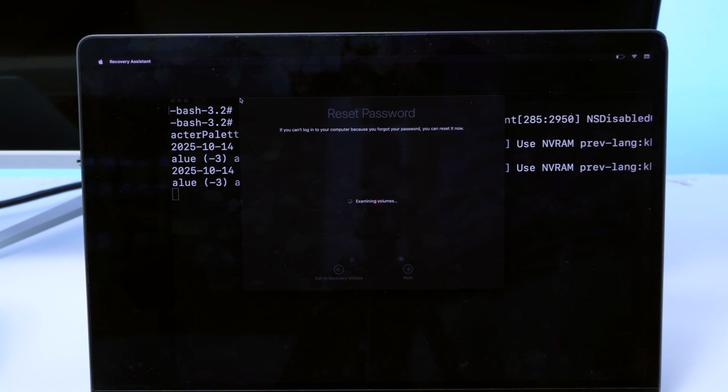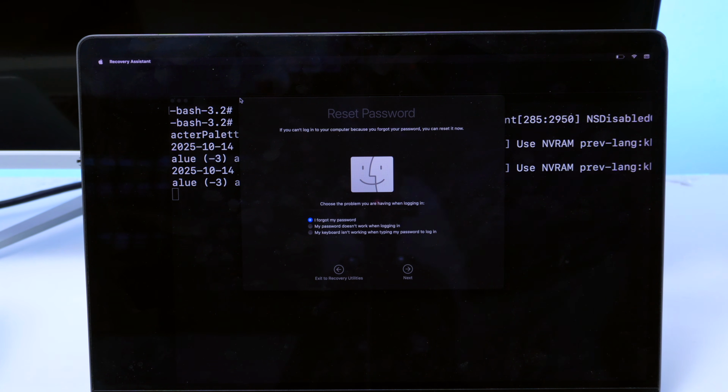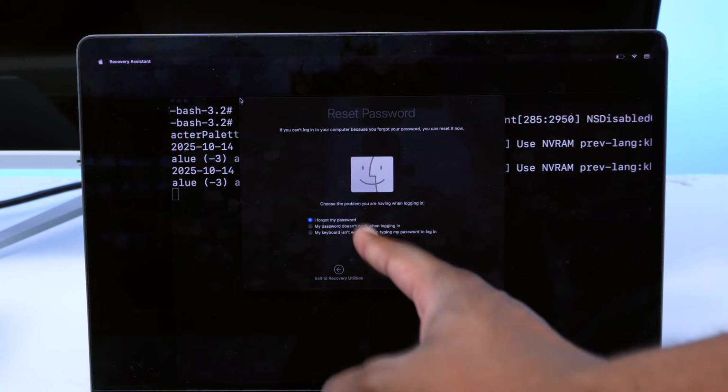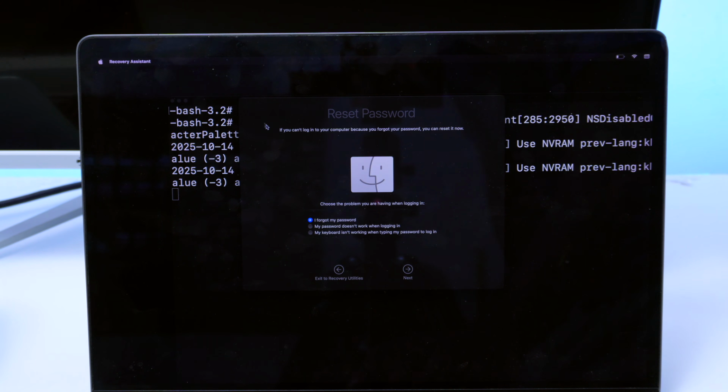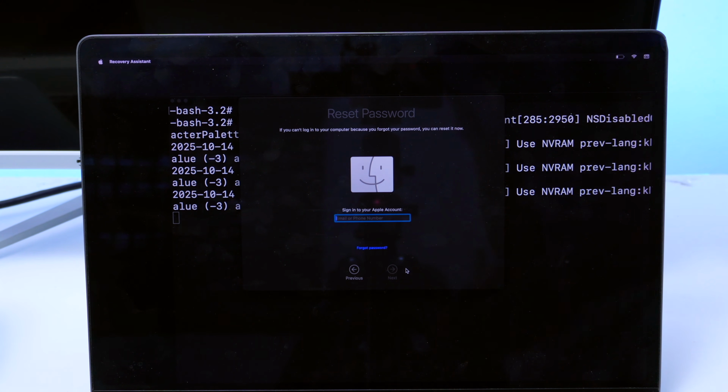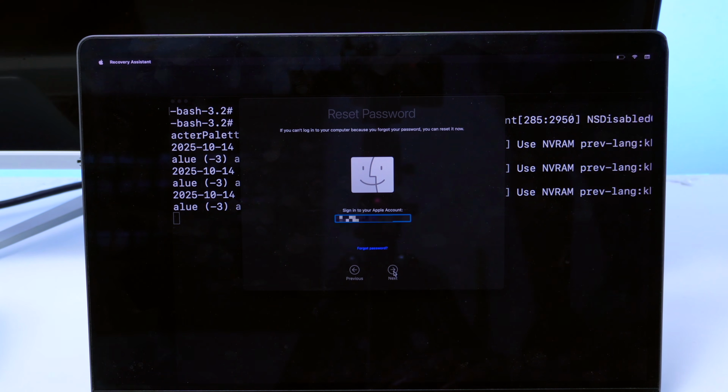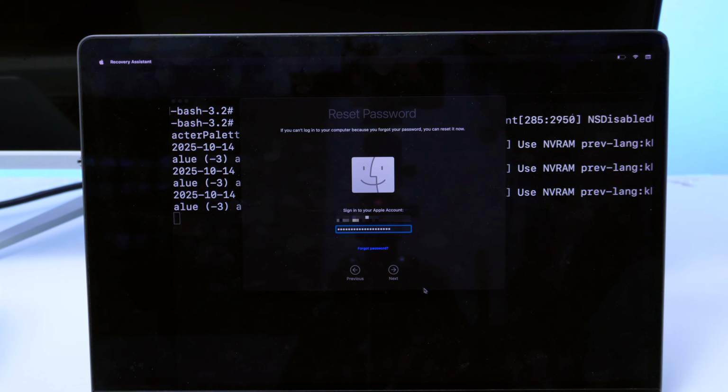Tap on the enter key, and you'll be able to see here that a new window is going to pop up asking you whether you forgot your password or something like that. So over here, the next thing we're going to do is simply tap on I forgot my password, and then simply tap on next. Next up, it's going to ask us to log into our Apple account one more time. Let me quickly log into my Apple account. Next up, tap on next, and then simply tap on next one more time,